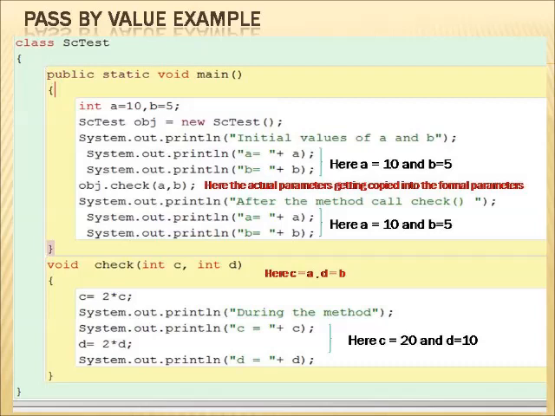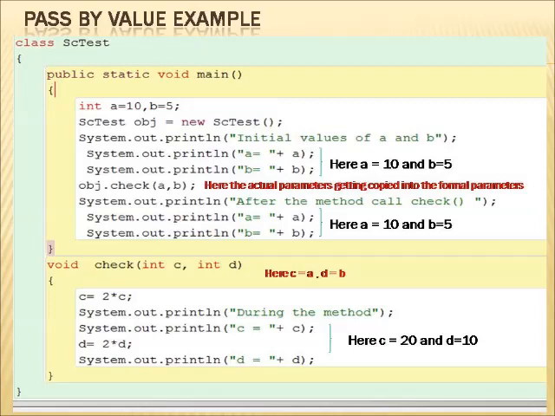and we know that for the check method we have two variables c and d. What happens? The values from the actual parameters a and b are copied: c equals a, d equals b. Then we modify the values of c and d.